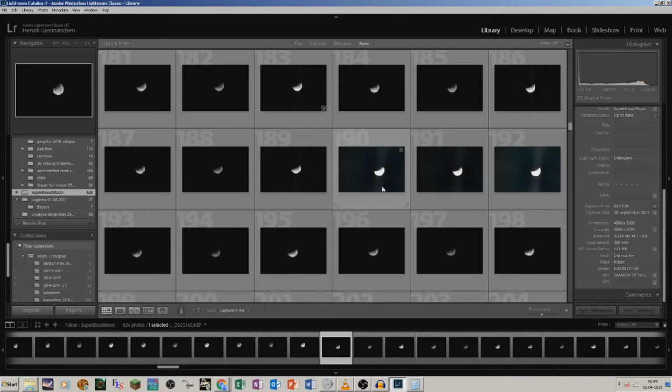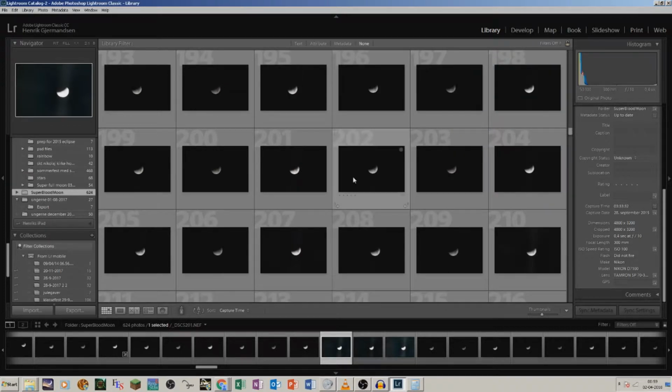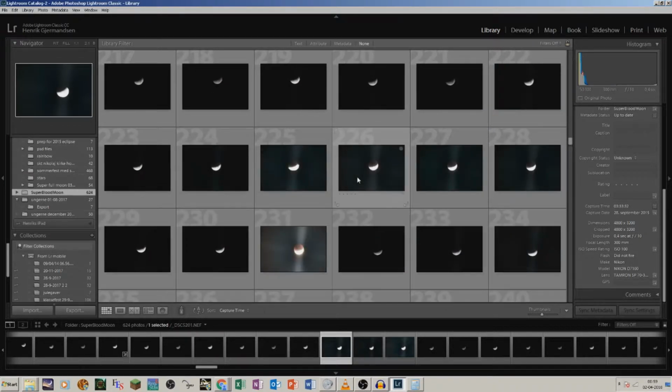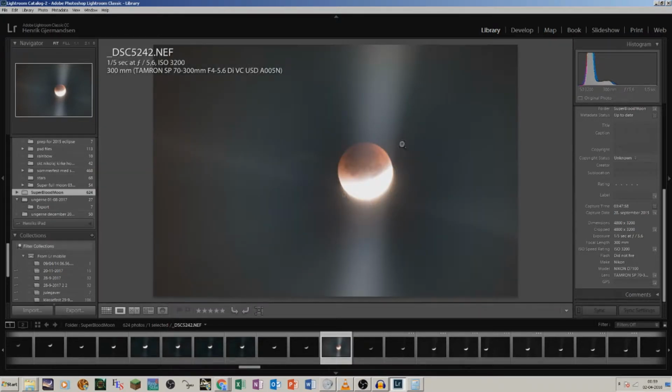But let's go down here, we have some more flaring here, because I moved it around, and sometimes with this particular lens, it does have amazing vibration reduction, but it does mess up sometimes. I don't know why. It's very jerky. If you have that lens, you'll know what I mean. You can also see it here, this is very overexposed. You get a lot of flare in here.